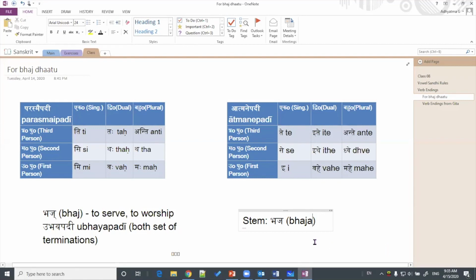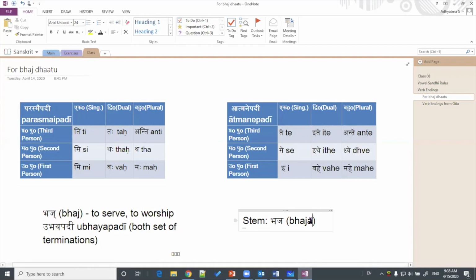However, there are some verbs which are very common in usage where the stem does not end in akara. Because they are so common, we have to study those also. There you will find that even though the endings remain the same or similar, the way those verb forms are made may look a little more complex. And we will study those later.